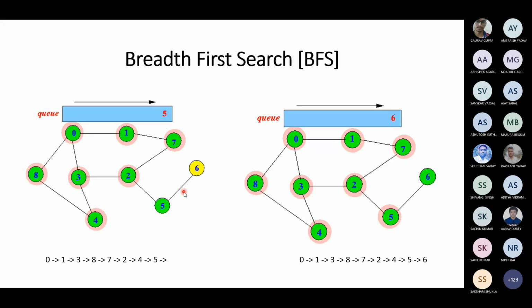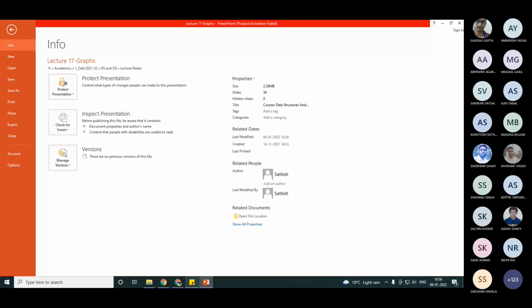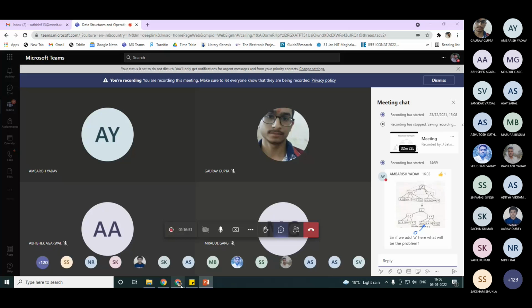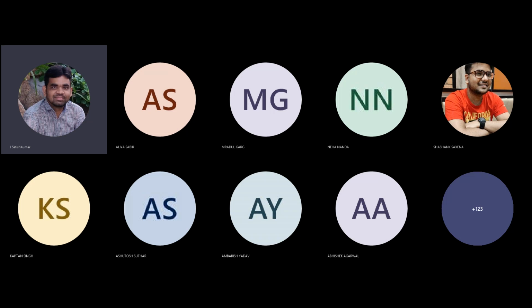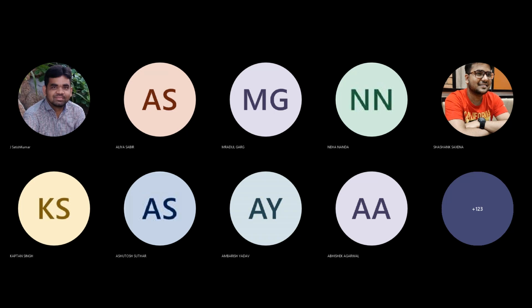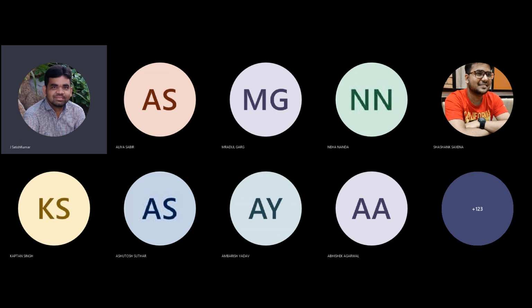Okay, so we will stop here. I'll upload this slide into your Teams. Go through the slides again. If you have any doubts, we'll discuss in the next class. If there are no doubts, then this is the end of data structures. Next class onwards, we will discuss operating systems. I'll give you one more class on Tuesday. If you have any doubts in any data structure, feel free to ask and we will discuss it again. If there are no questions, we will go straight to operating systems.